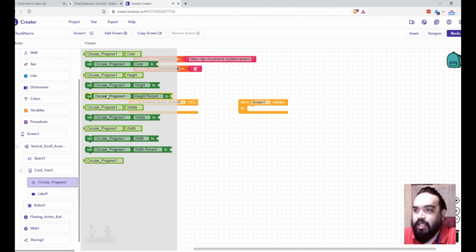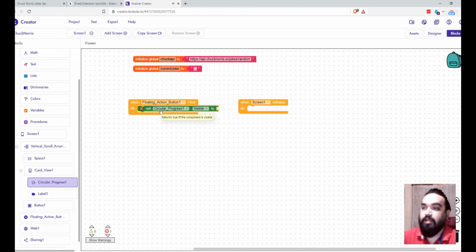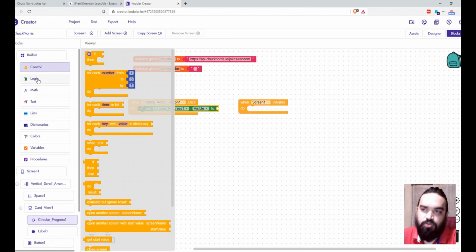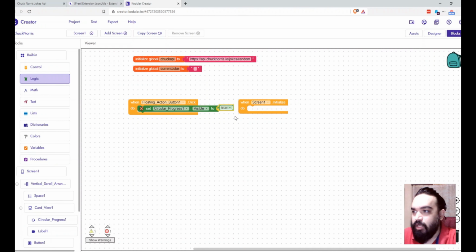Click on this, and here find the visible one. This is the one. So first, when the floating button is clicked, we have to show it, and then once the joke is loaded, we have to hide it. That's it, simple, right? So to show it, you have to set visible to true. So you click on the logic block and then find the true one and set it here.